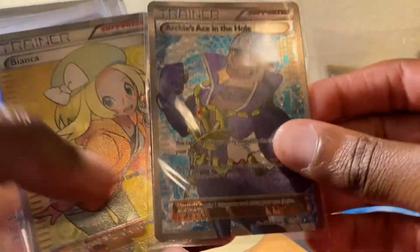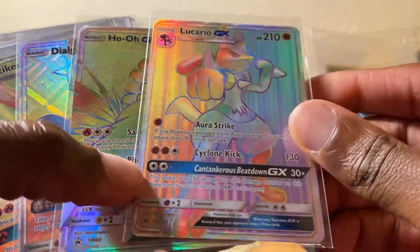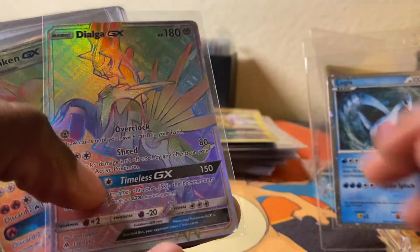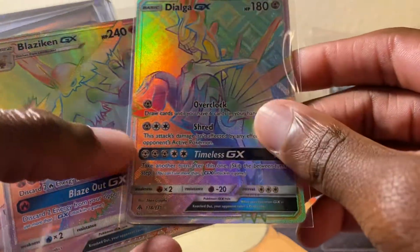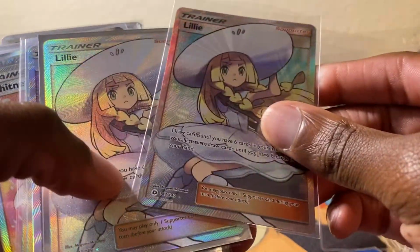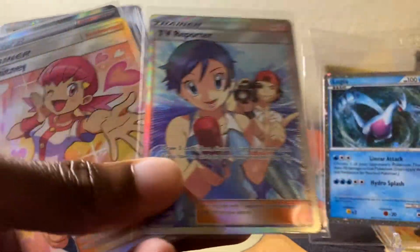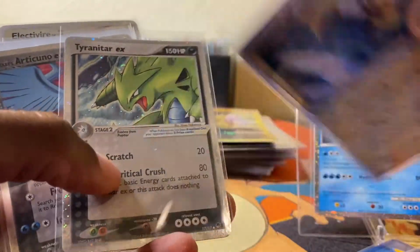Misty's Favor, Archie's Ace in the Hole, Bianca, Sonia, and this is another big hitter, which I didn't realize, Lucario. So Lucario GX, Ho-Oh GX. I keep wanting to say Ho-Ho. Dialga GX, Blaziken GX, Lily Full Art. Another Lily Full Art. I don't get these full arts, but hey. Acerola Full Art, Bill's Maintenance, TV Reporter, Whitney, Professor's Research, some EXs,